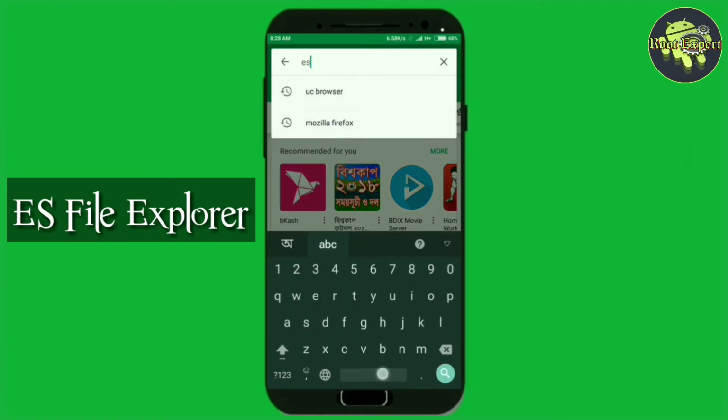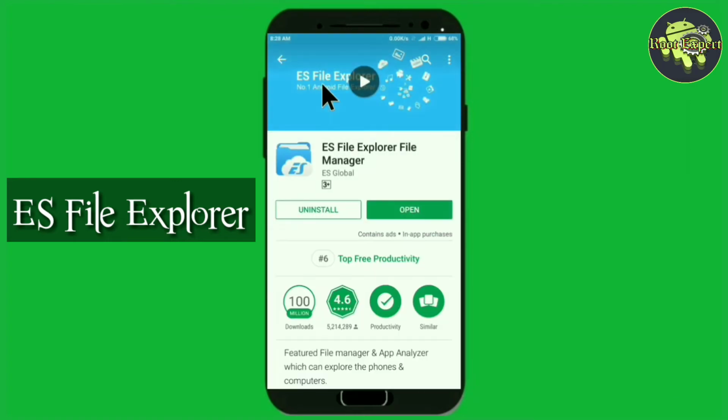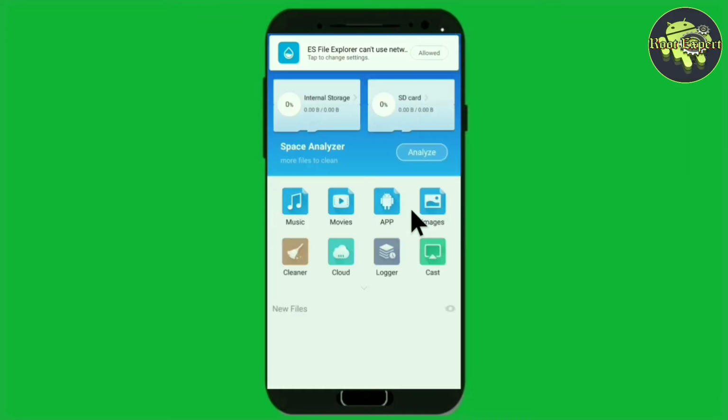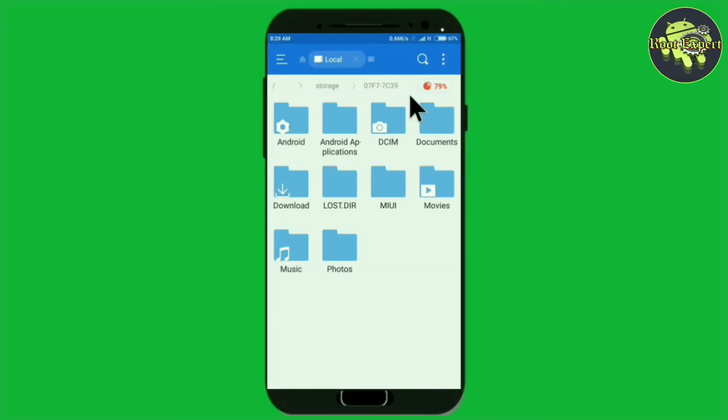It is quite simple to use and offers some really robust features while having a high rating on Google Play Store. Open the File Explorer and you will see all your Android folders. Here we need to create a new hidden folder in which you will add all your private files. To create a hidden folder, tap on New from here